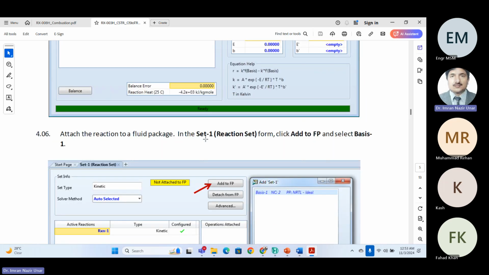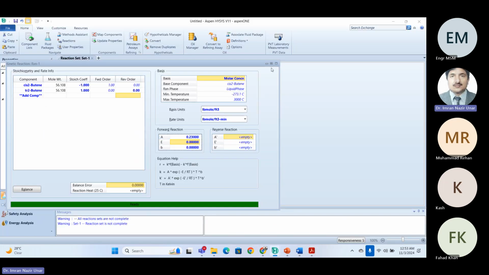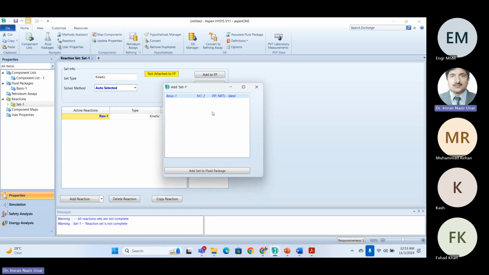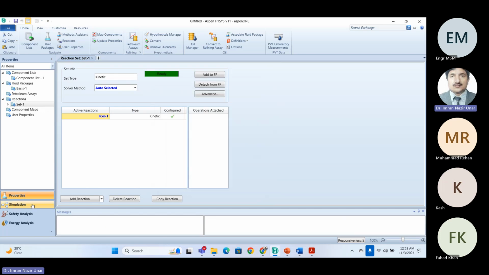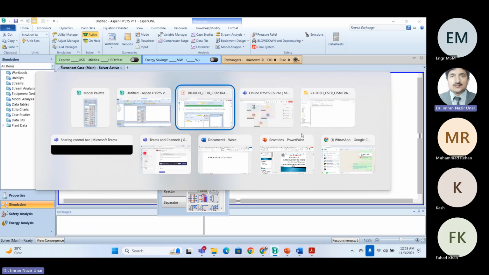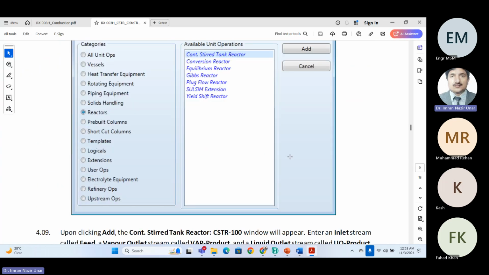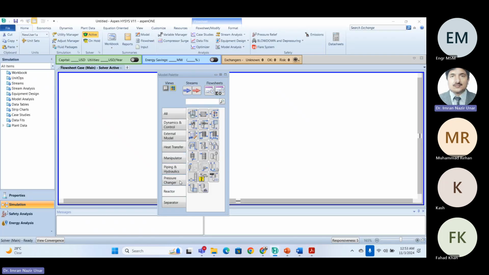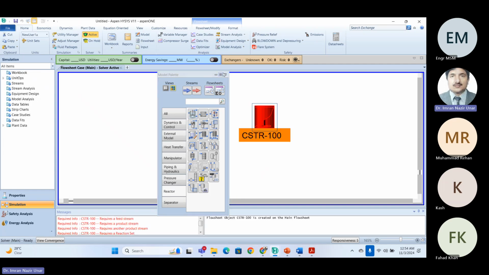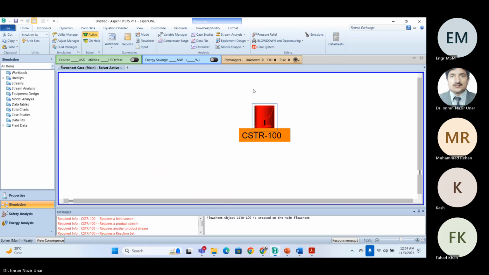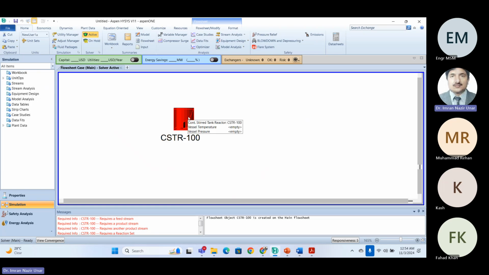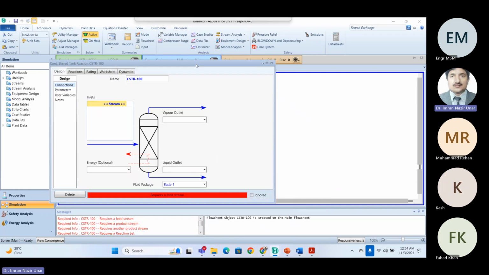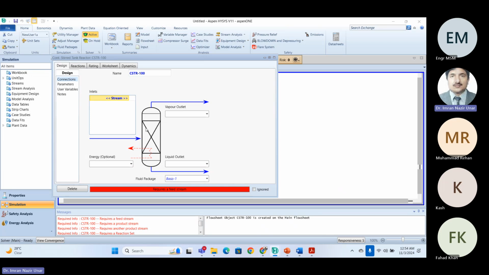चलें जी, ये हमारा डेफिनेशन होपफुली पूरी हो गई, उसमें कोई हमने गलती नहीं की। ओके, सो बाकी तो सही है मामला। हमने इसको अपने फ्लूइड पैकेज के साथ किया, और हमारा एक ही रिएक्शन है, एक ही सेट है। नाउ वी आर मूविंग टुवर्ड्स द सिमुलेशन। हम रिएक्टर में सी एस टी आर रख रहे हैं। ओके, इसका बेस इस तरह है, लेकिन जब आप पैनल में जाएंगे तो पैनल में वही प्रॉपर्टी पैनल कॉल हो रहा है जो दूसरों के लिए, तो उसका शेप ये बना हुआ है। एनीवे,